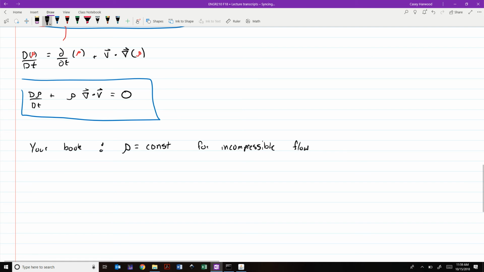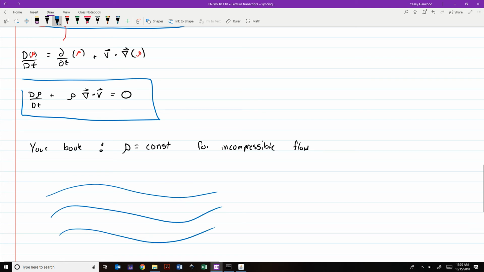I want you to consider a case where we've got a river flowing along, but we have some stuff in that river. We've got some rocks. We've got some logs being carried along in that river. Would you say that the density of the rocks, the water, and the log are all the same? No, not necessarily. So the density here isn't constant. At the same time, wouldn't it be fair to say that, assuming your log is rigid, and same with rocks, that this is all incompressible,